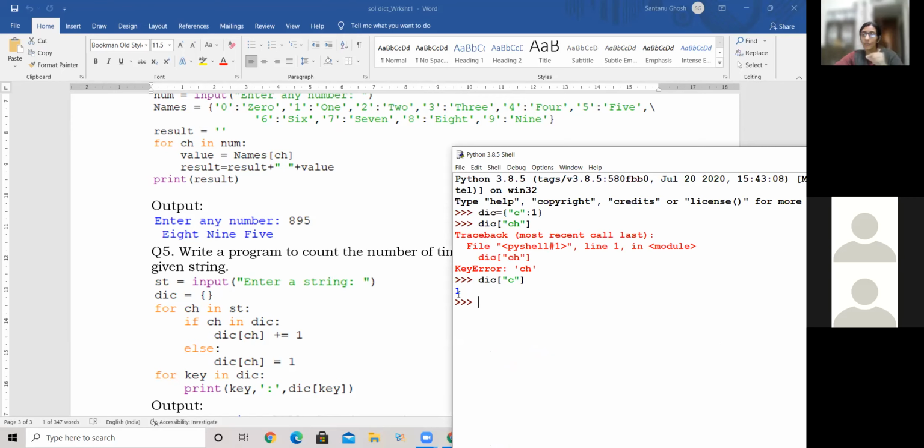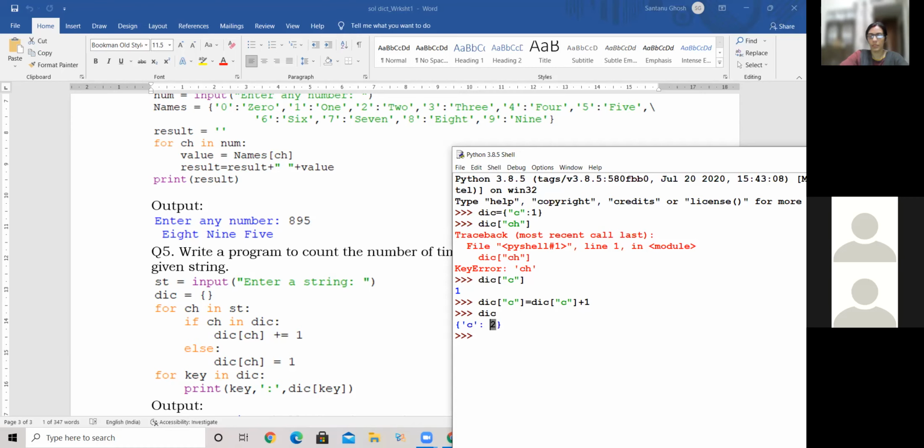Dict of C gives me 1. Right? This 1, I have to increment it by 1. Correct? So dict of C is to be assigned dict of C plus 1. That's what we want to do. Dict of C, which will refer to the value of the corresponding key C in the dictionary DIC. That value should become whatever value is existing plus 1.